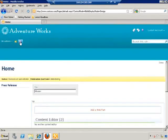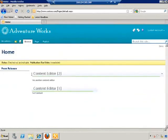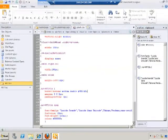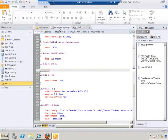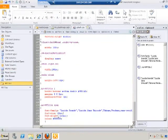So here's a tip. If you want those particular changes to be throughout the entire site, regardless of what layout it's using, apply those changes inside your master page. All you need to do inside your master page is make a reference to that CSS file, just like you did here. That's all that's needed. Nothing else is required, right? All the master page is going to do is load that CSS, and that CSS will already tell it what to do. It'll tell it, okay, make sure that this web part title looks like this, the font looks like that. So hopefully now you know some of the key things